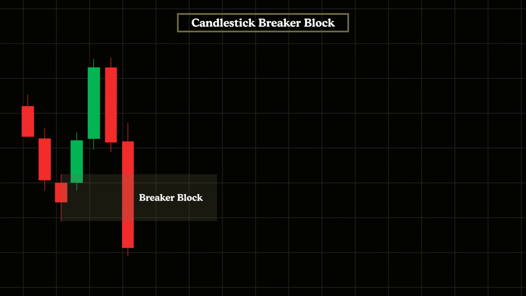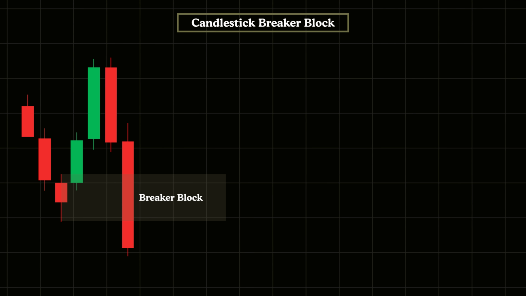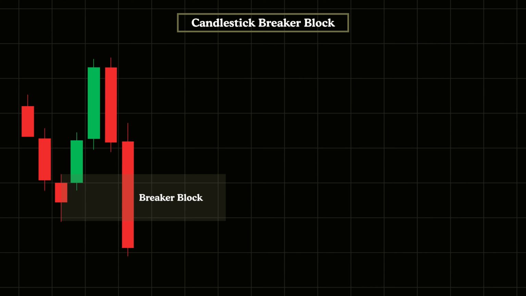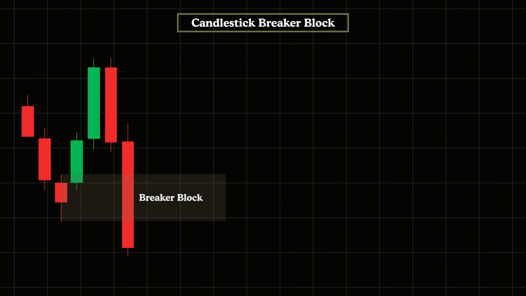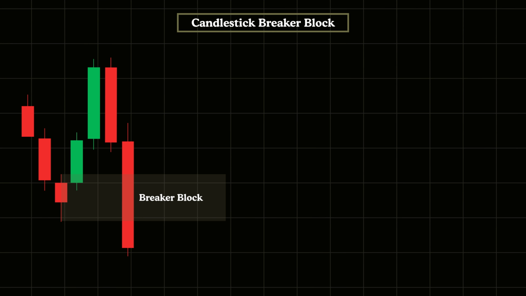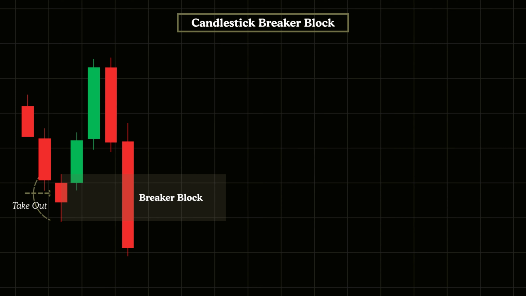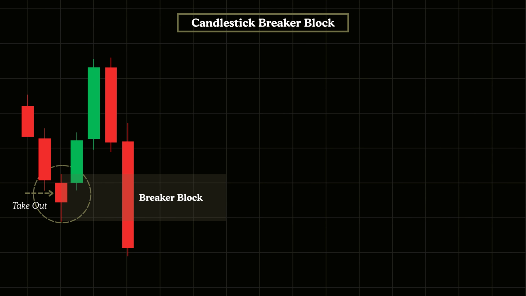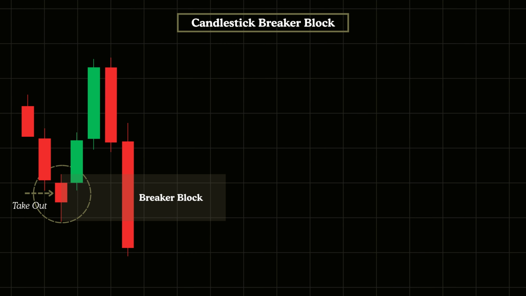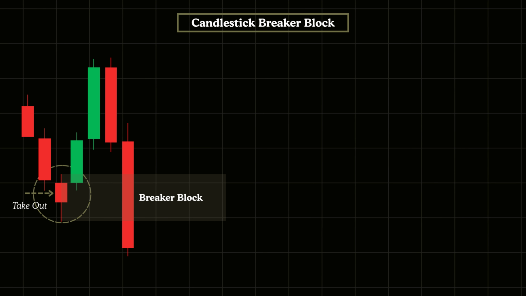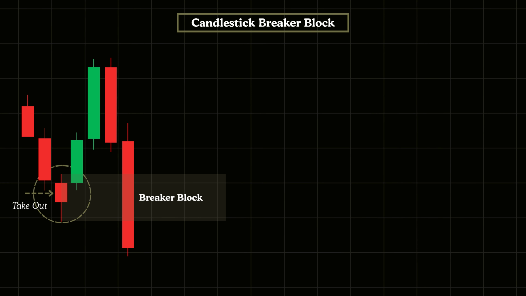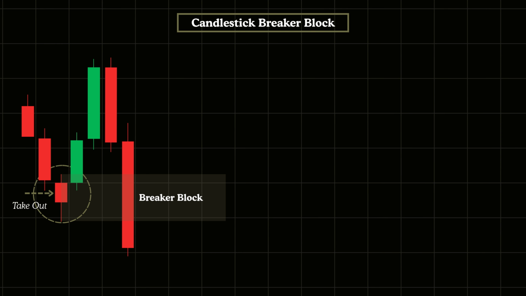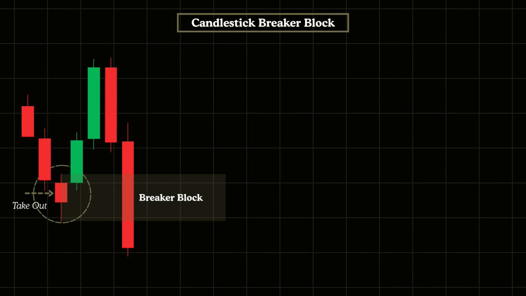In a bullish setup, a candlestick-based breaker block is identified as the zone that failed to hold back price movement. This refers to the final bearish candle that appears right before a strong upward impulse. Typically, this candle dips below or sweeps liquidity from the lowest point of the candle that came before it. Take this bullish example. We highlight this red candle as the breaker block. It marks the last bearish candlestick before price surges upward, having breached the low of the previous bearish candle and